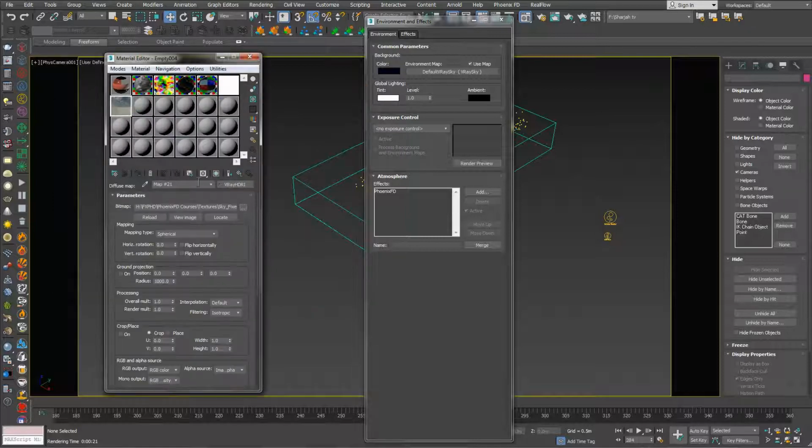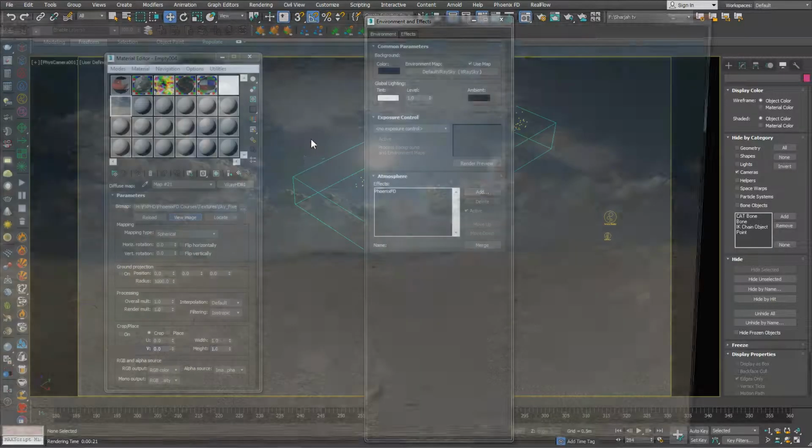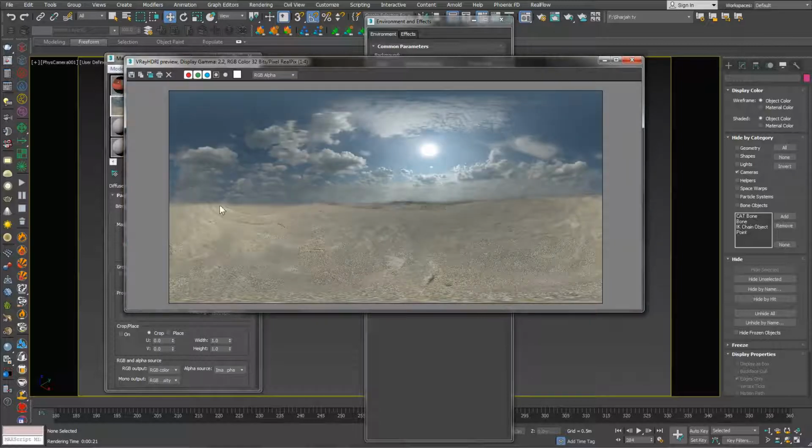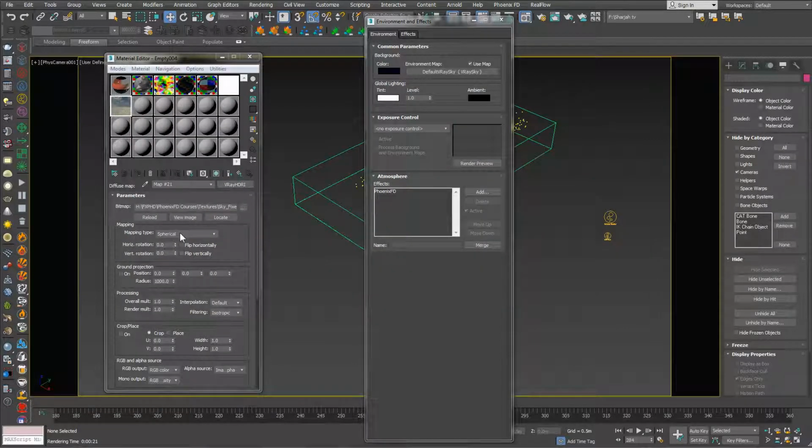So what I did is I went here and created a VRay HDRI just by going to map and choosing VRay HDRI, and I chose this image, which I will attach with the project files. This is the HDRI image, which I modified a little, but it's very good and I used it in many projects. So basically all we need to do is convert it into spherical. Now we have this, and I can change this number to rotate the image,